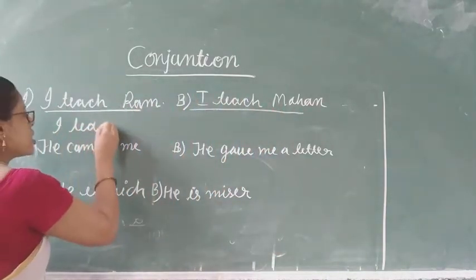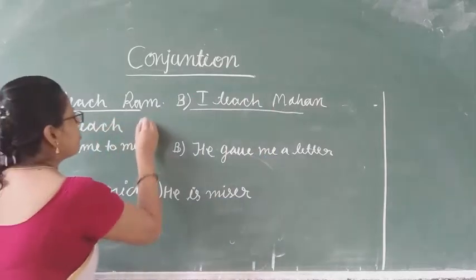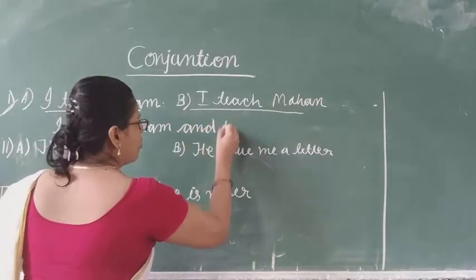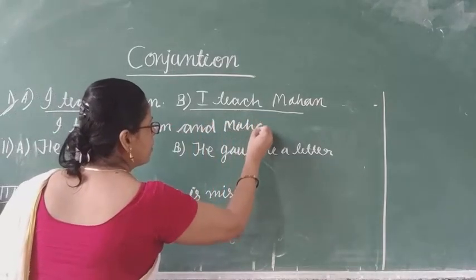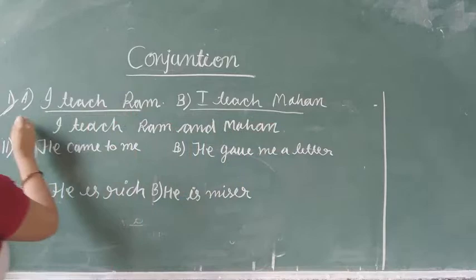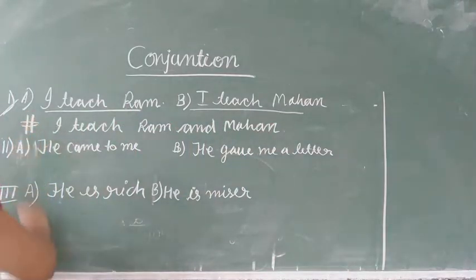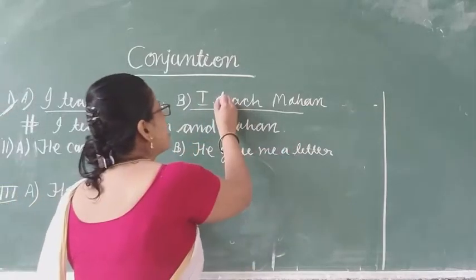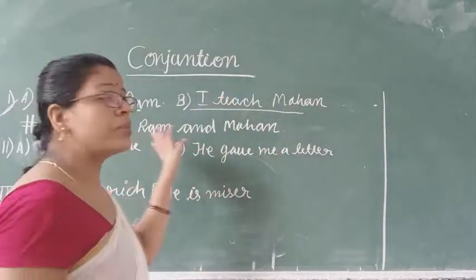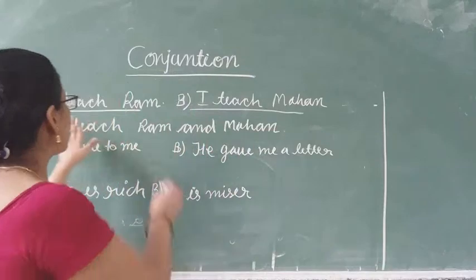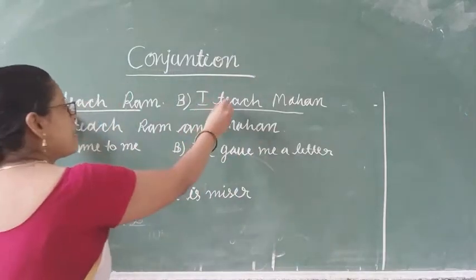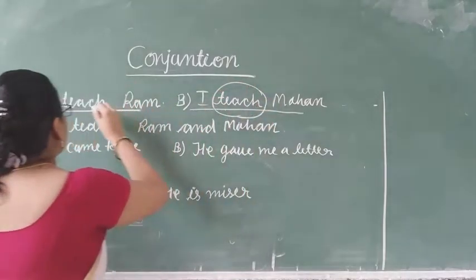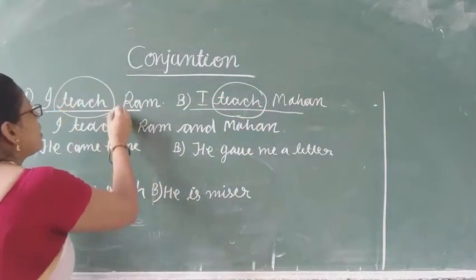So instead of writing this first sentence and second sentence, what we can write here? I teach Ram and Mohan. Okay. What is common here in both the sentences? Teach, the action is common. The verb is common here in the first sentence as well as in the second sentence. So we shall just combine these two sentences and we can make a new sentence,